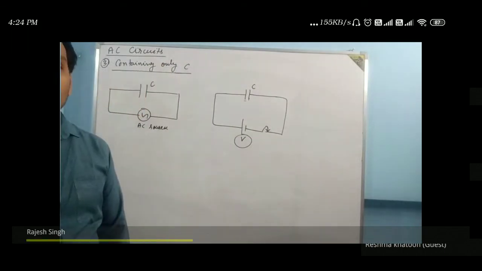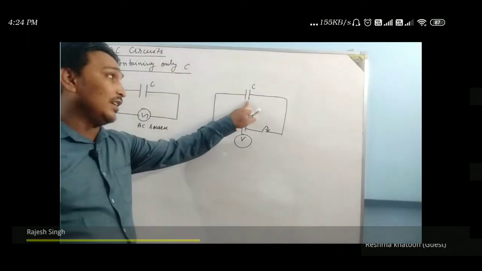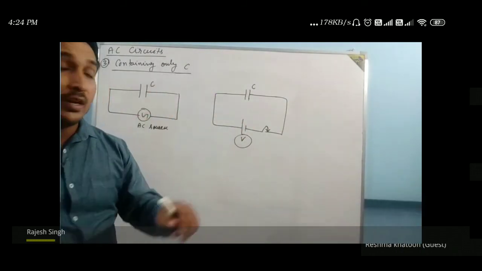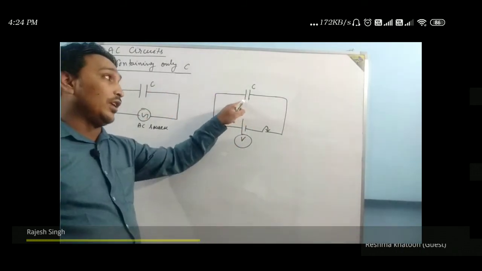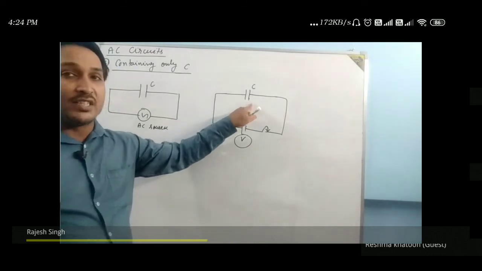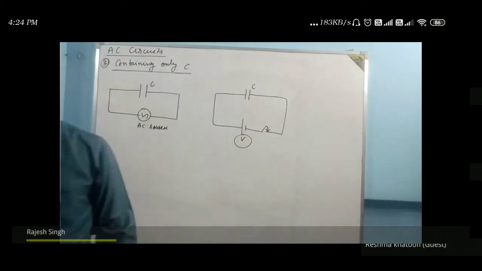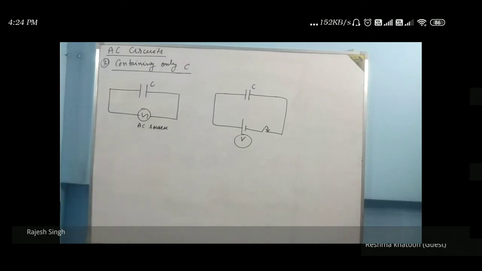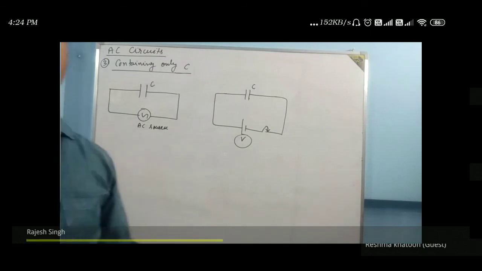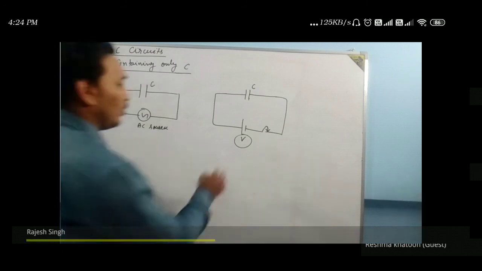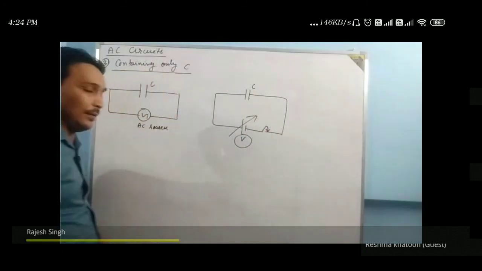Have you got that? The capacitor is getting charge from the cell till the time the potential difference between the plates of the capacitor is equal to V. Have you got that? When there is a potential difference, flow of charge will take place. Now suppose this voltage is variable, then what will happen?